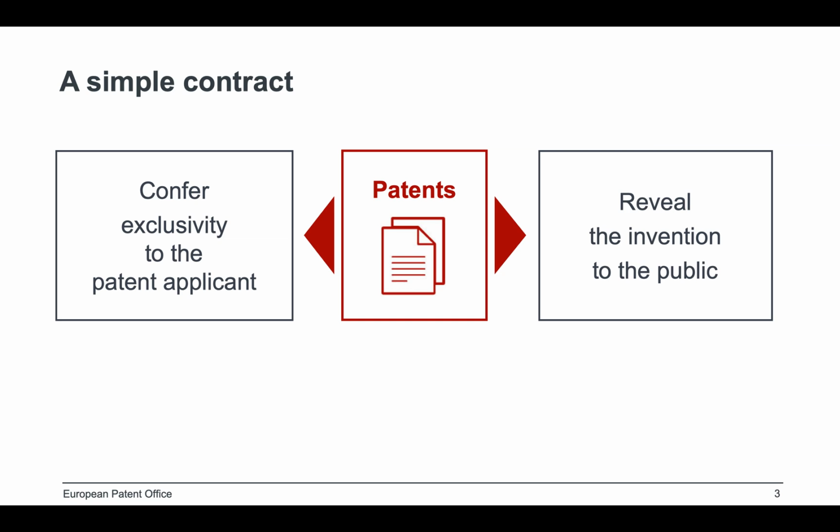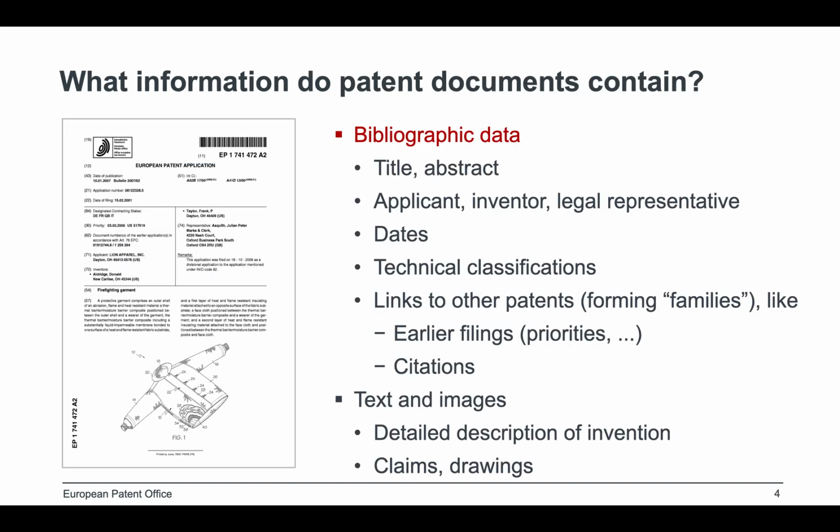So what does patent information look like? What you see here is the first page of a patent document, which contains what we call bibliographic data. So it contains the title of the invention, something about firefighting garment. It contains a short summary, the abstract. It contains information about who was the applicant, which company applied, which persons have been the inventor, what have been the legal representatives, various dates when the invention, the patent application, been filed,